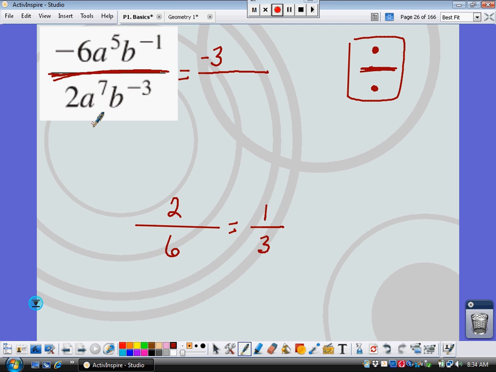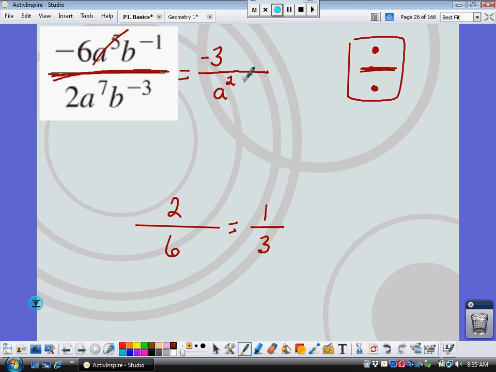Or think, I've got 7 A's on bottom, I've got 5 on top. Start marking them out. I'm going to mark out every one of these, right? And she said when she subtracted, you're going to mark out all but 2, because when you subtract, there's going to be 2 left. But those extra 2 A's are going to be on bottom, which is the same thing as A to the negative 2. That's